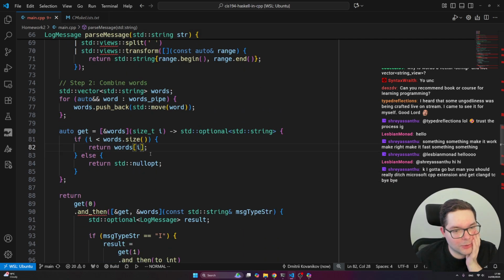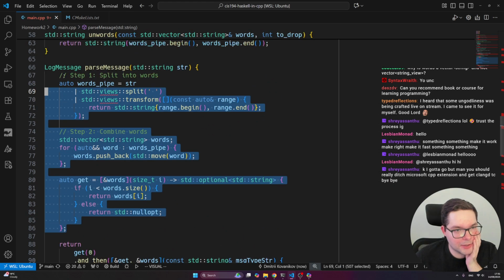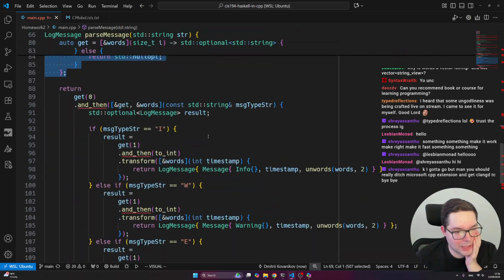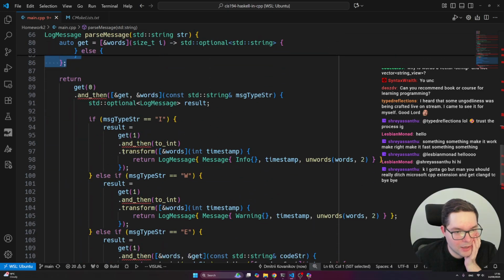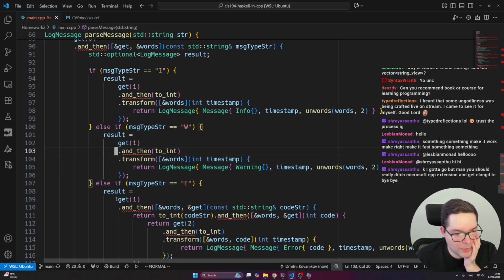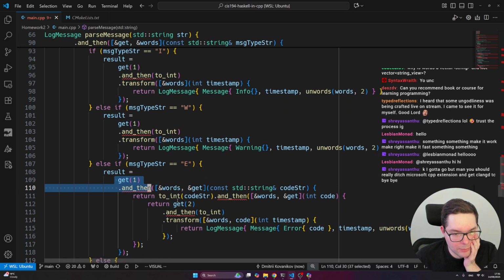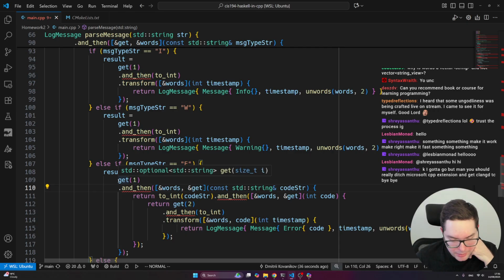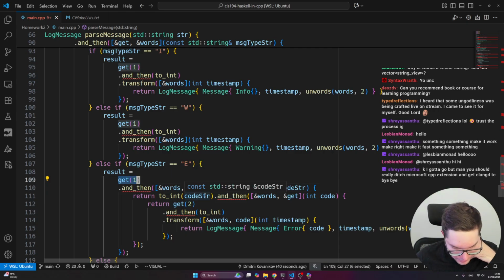But first thing to notice is that I'm not really concerned about this part. This is almost optimal in this helper function. Here we do parsing to integers. So we get element by index, and then we immediately parse it. So the first thing we can do is combine this get and then